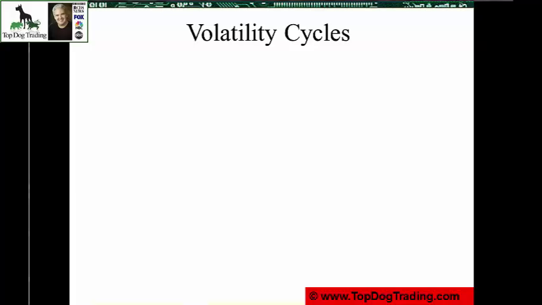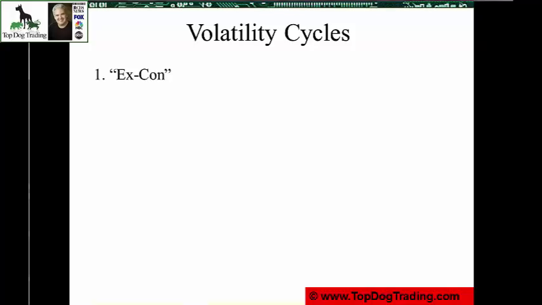All right, so last time we talked about seasonal or calendar cycles: agricultural seasons, retail seasons, travel, etc. Today we're talking about a very different type of cycle. This one is volatility. So what do I mean by volatility cycles? Well, I call this family of trades ex-con trades, and what that stands for is expansion, contraction.